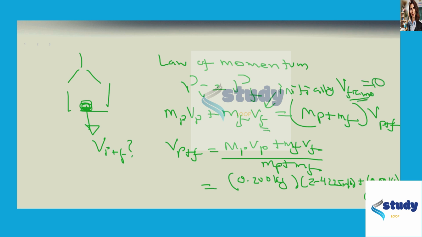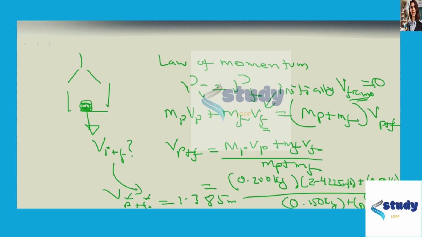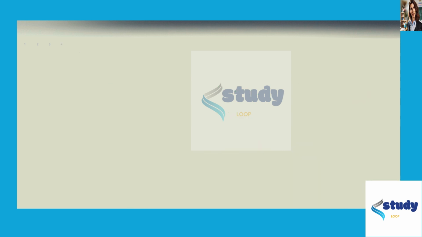This F stands for frame, and then we divide that by the sum of the masses, 0.150 kilograms plus 0.200 kilograms, like that, and this gives us 1.385 meters per second. So this is the combined velocity of Vp plus F when you have the party and the frame moving down together. In the next page, we'll